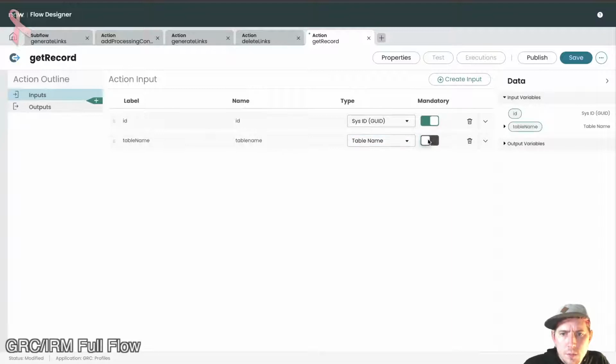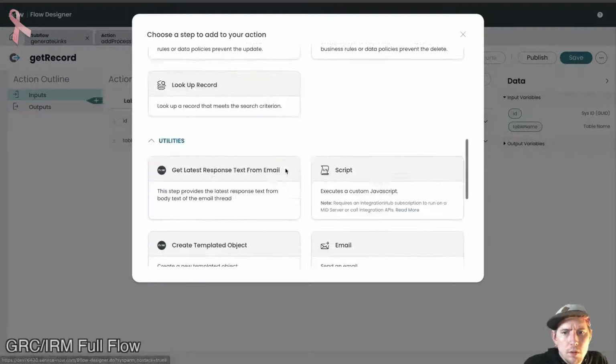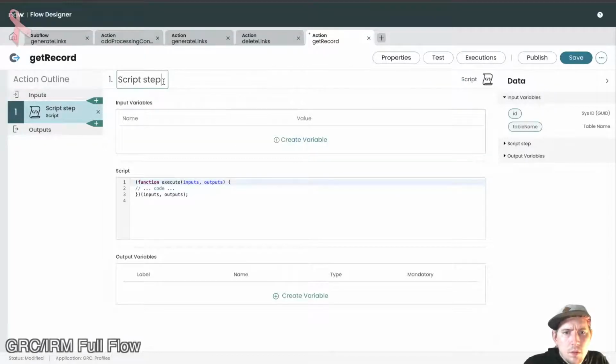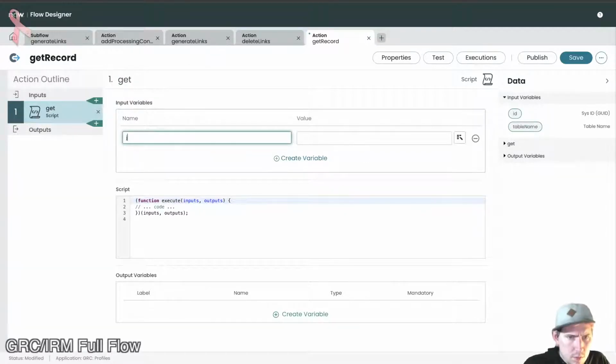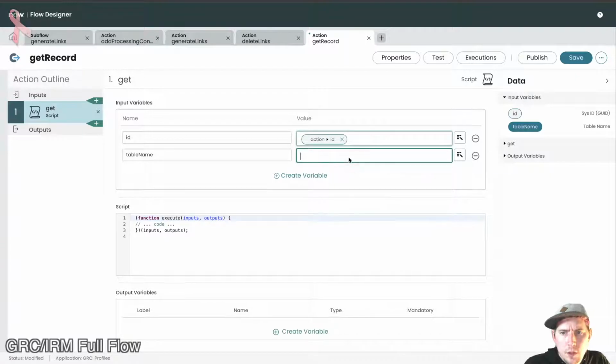It's mandatory. Script. Sorry if you hear my dog. ID, table name,